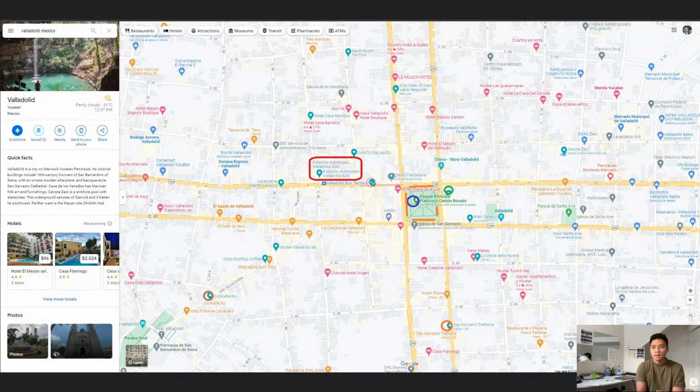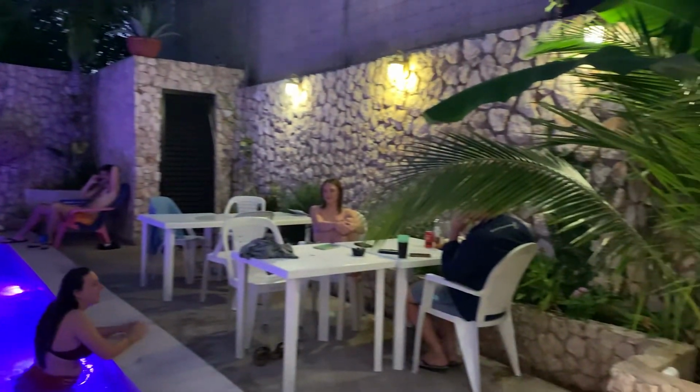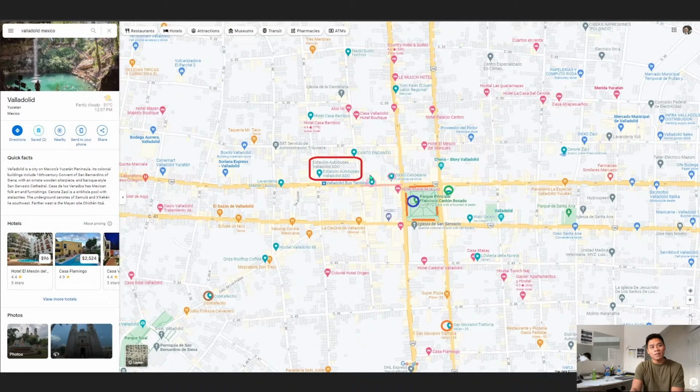And then I guess for me personally, when I was in Valladolid, I stayed at a place called Hostel Valladolid 48, if you guys were curious on where I was staying. However, if you can find an accommodation near or between the ADO bus terminal and Parque Principal, this will give you very high convenience. Anywhere that is centered along this pink street that I've highlighted here is going to give you access to banks, nightlife activities, the stores, grocery stores, the ADO bus station,